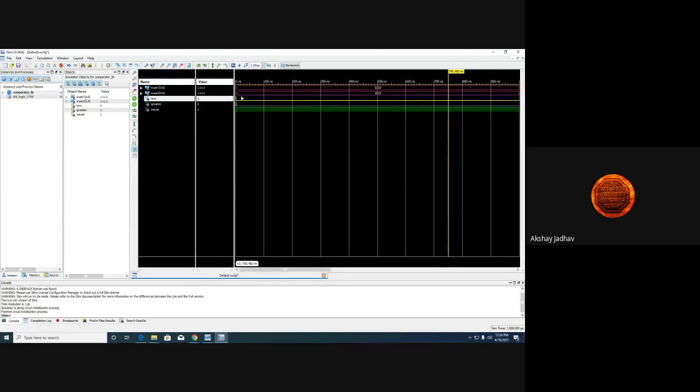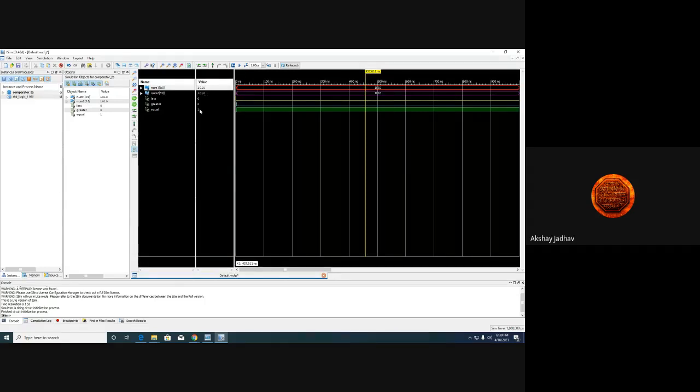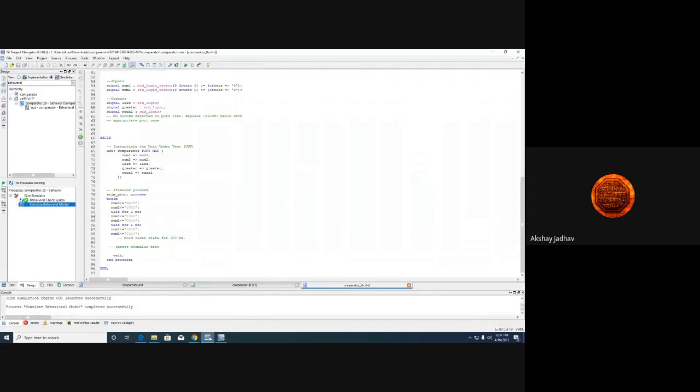Once the value changes, it gives you the output. Now see 1001, 1001, at that time the output will be greater. And whenever 1010 and 1010 are there, it is showing equal. And when it is the 1001 and 0010 combination, it is showing greater. Everyone understood the comparator now?